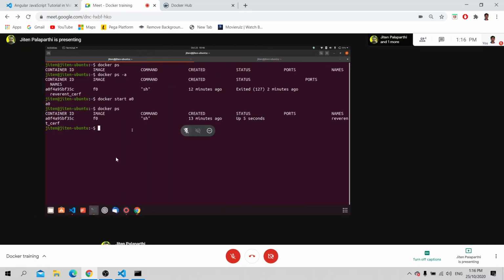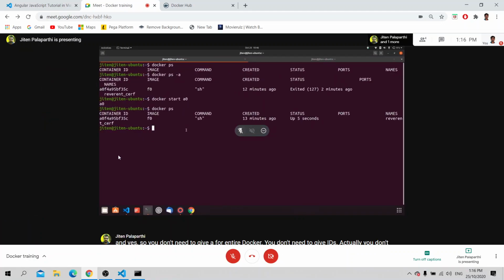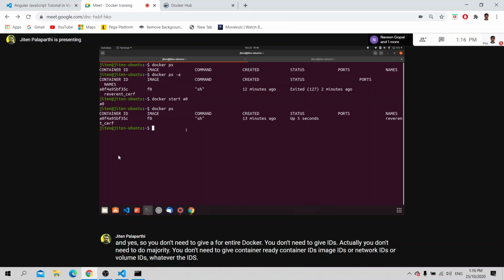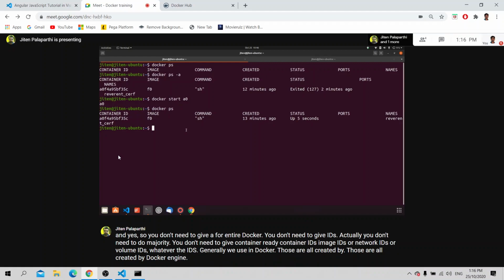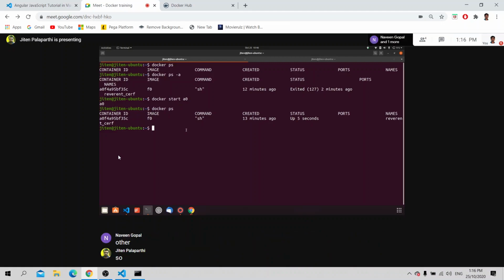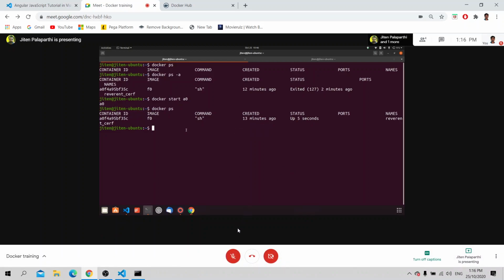Container IDs, image IDs, network IDs, volume IDs, whatever IDs are generally used in Docker, those are all created by the Docker engine. So you don't need to create all those.